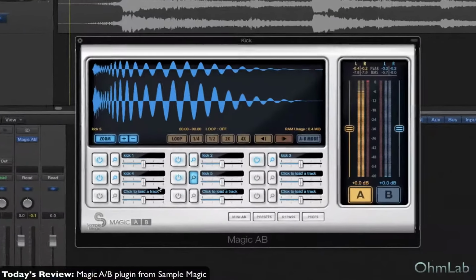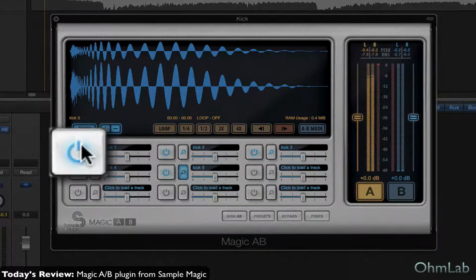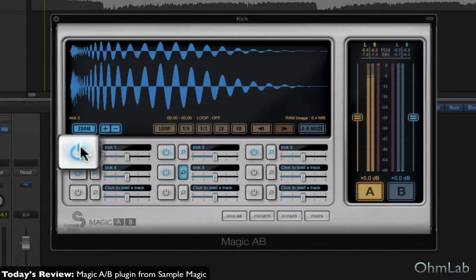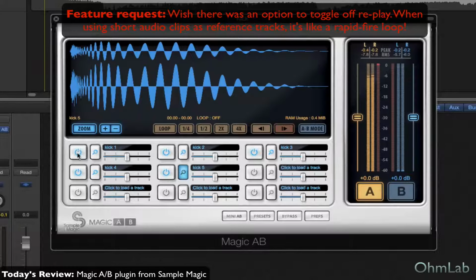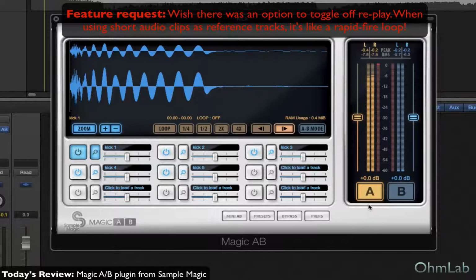All right, so here's how this works. You click a power button to turn on the sample or to start playing the sample. Okay, you can zoom, you can adjust volume. This slider is volume. You can set up specific loop regions. I'm going to show you all that stuff on an actual reference track instead of an individual sound because of the following reason. Okay, we're just going to go ahead and turn on our sound here, and that means as soon as I start going, it's going to start going. And then we just click on A or B to move between the two, and it's that simple. So here's our sound,